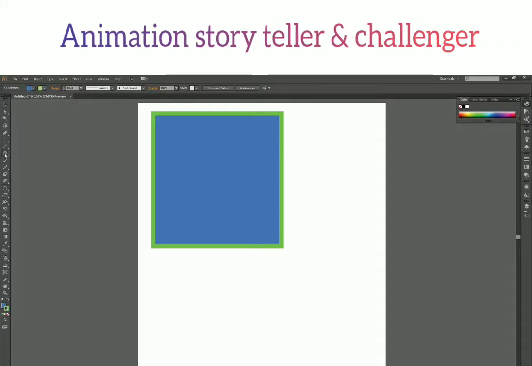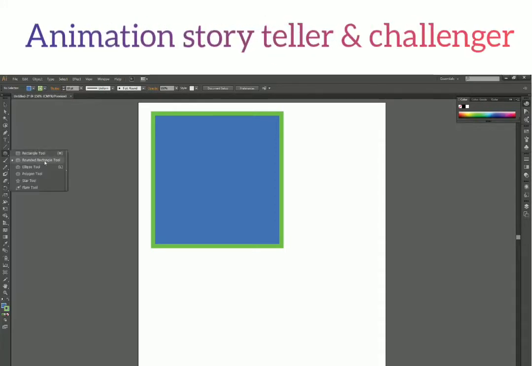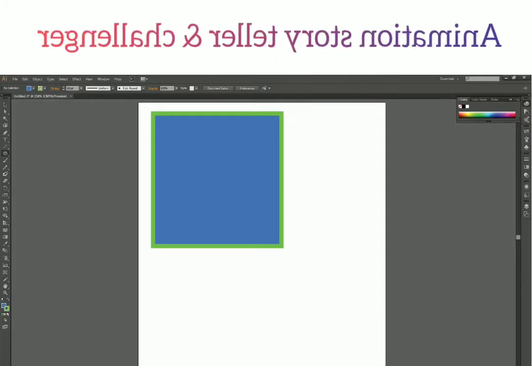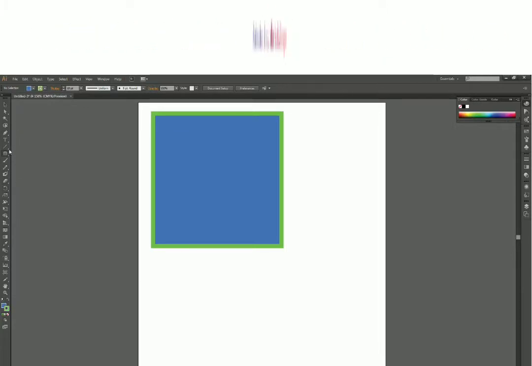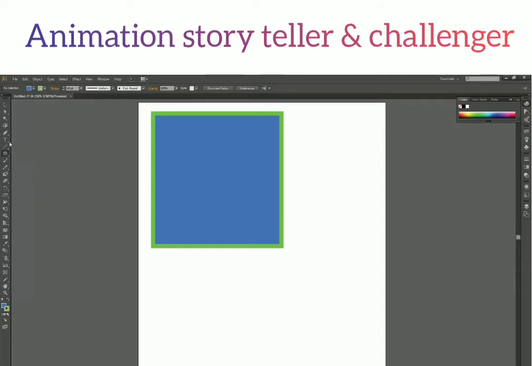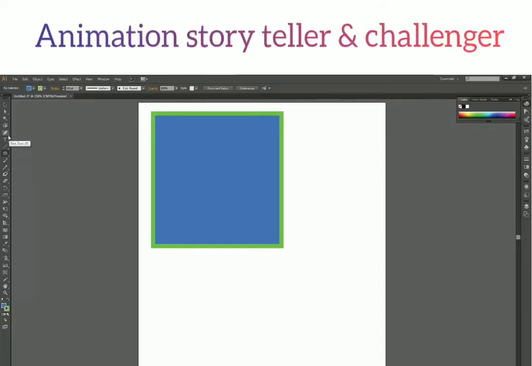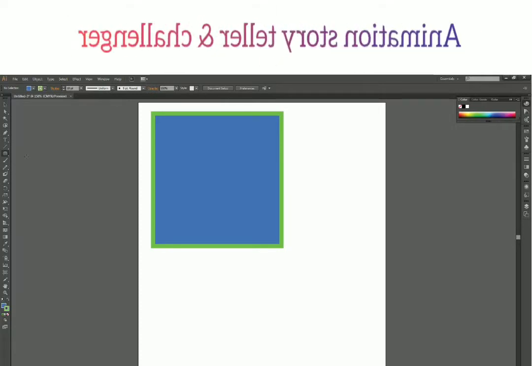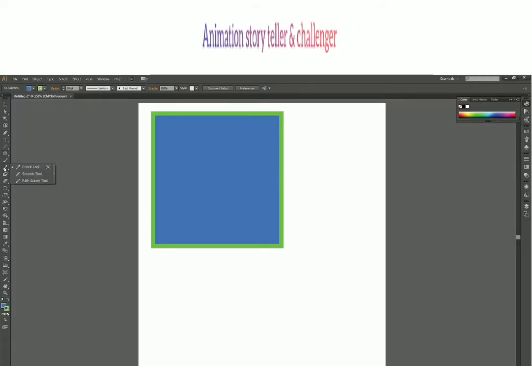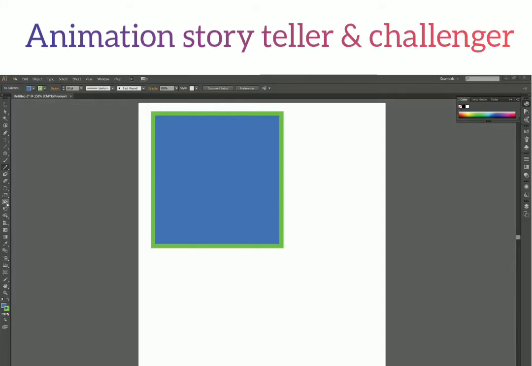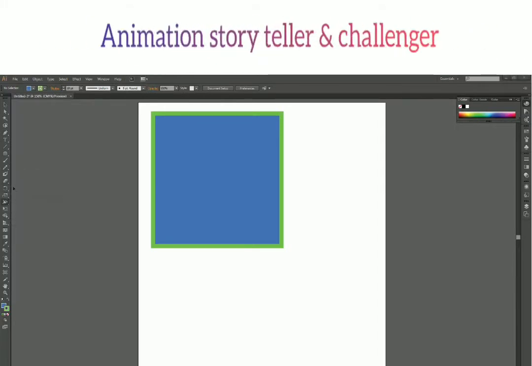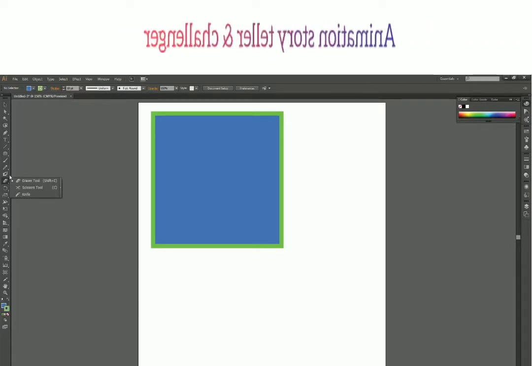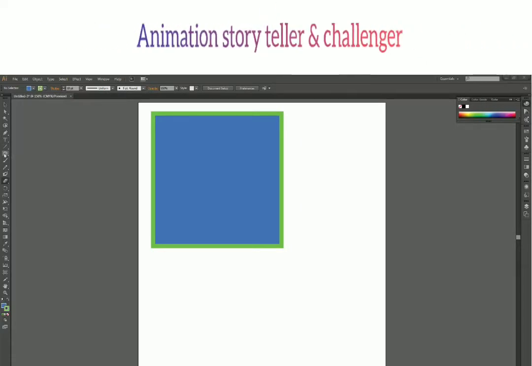Okay, so it's as easy as that. Click and hold and then select the rounded rectangle. Now this works for so many tools over here. All these tools which have this small bottom right arrow, it is a sign that this will open a submenu. So I can click on any of those and it will open a submenu for me.